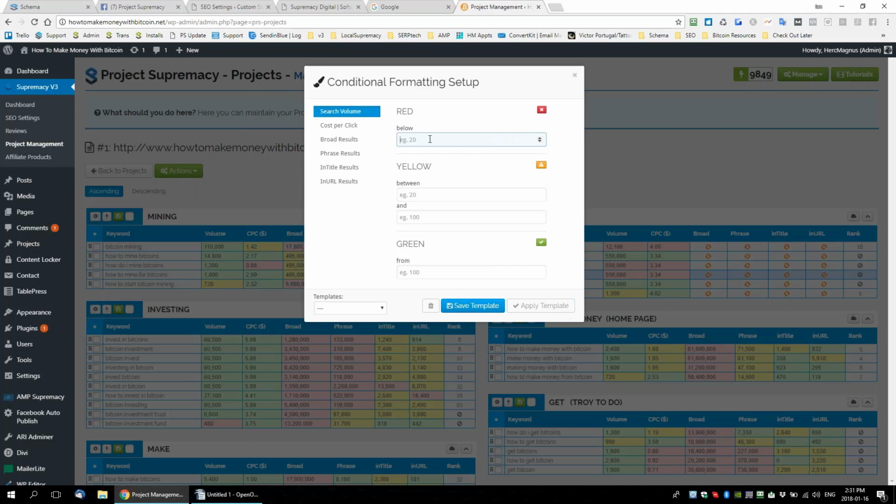Search volume. So anything that's below 1,000, let's make it super competitive, okay? This is my high competitor one. Anything that's below 5,000 is no good, and anything that's above 10,000 is awesome. And then the in-betweens fill in themselves, okay? And then cost per click, anything that's below $5 is no good to me, but anything that's above $10 is super awesome, okay? And then broad results,